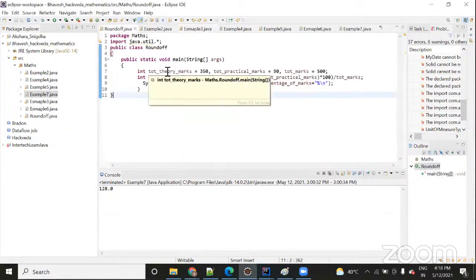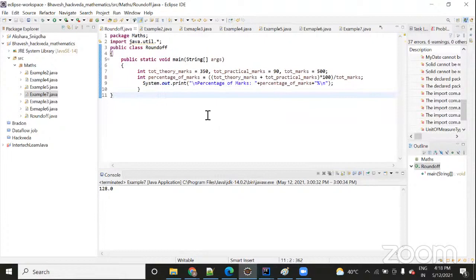I have made a simple program just to give an idea of how you can write the code, and then we can probably do the same in IntelliJ. Here, this is a very simple program as the starting program. So how can you round off first? Let me run this code.